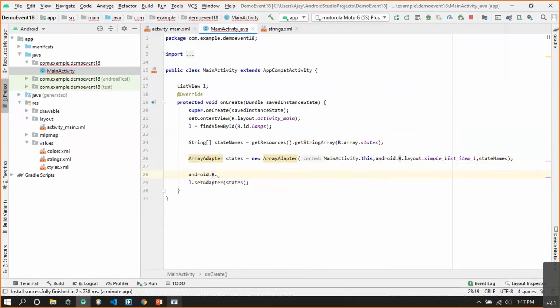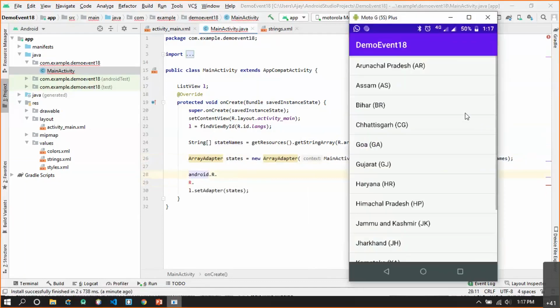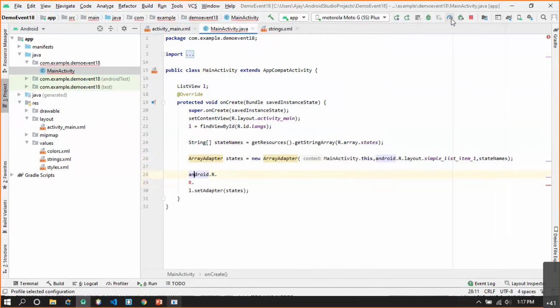So always remember there are two types of resource, a developer created resource and a predefined resource. The predefined resources that Android developers have already created start with android.R, and the developer defined resources start with only R. Okay, now here this is how our resource will look when we go with the style of simple list item 1.